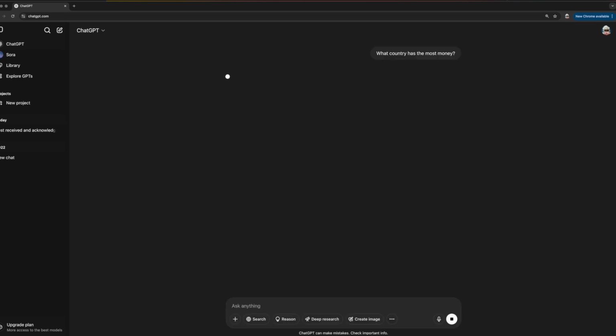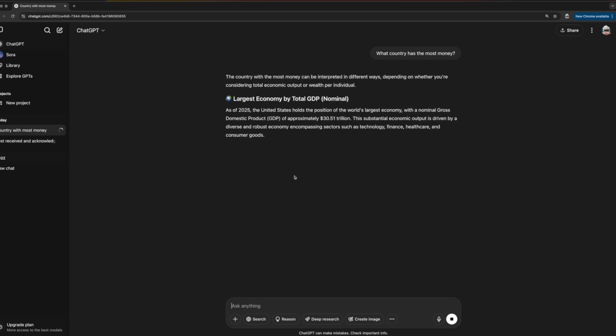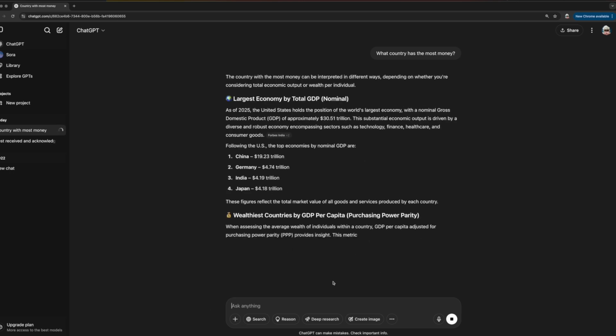If I were to type in what country has the most money, you can see that the response will be generated fairly quickly, depending on how fast the servers are today. And it'll still search the web, right? So this is pretty much almost always going to happen. It's just going to compile exactly what it's going to take, and then it's going to come up with a